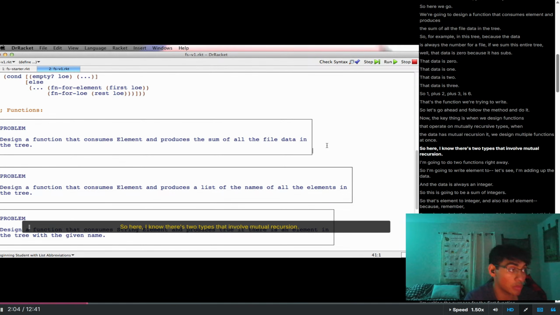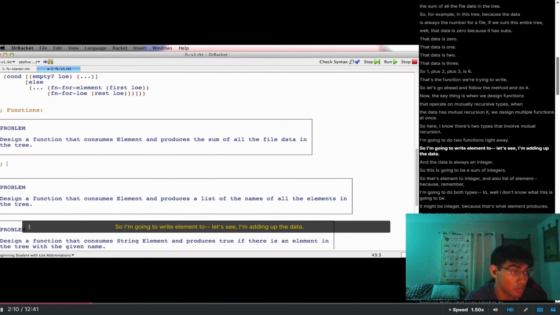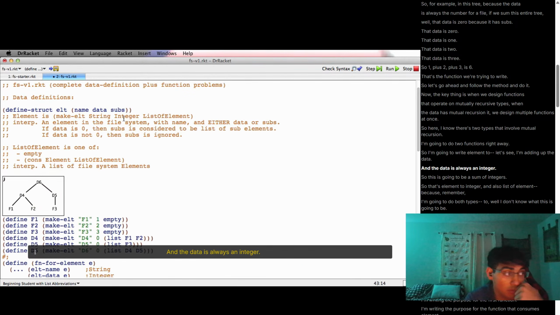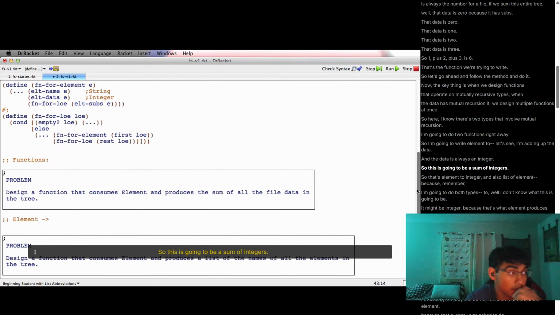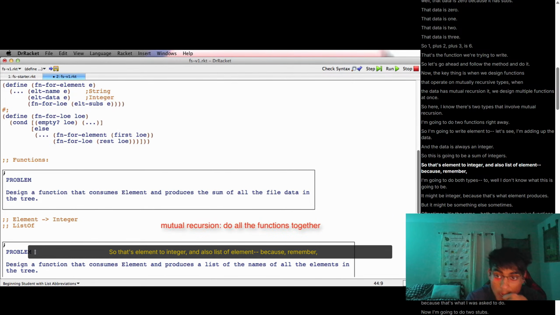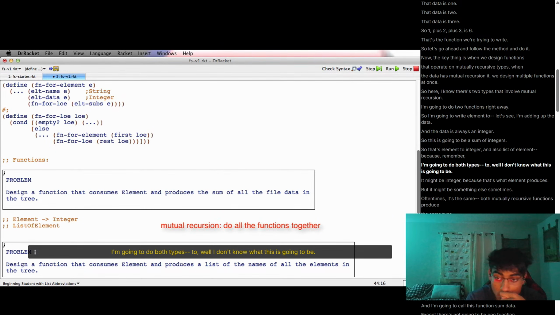So here I know there's 2 types that involve mutual recursion. I'm going to do 2 functions right away. So I'm going to write element to, let's see, I'm adding up the data, and the data is always an integer, so this is going to be a sum of integers. So that's element to integer, and also list of element, because remember, I'm going to do both types, to, well,